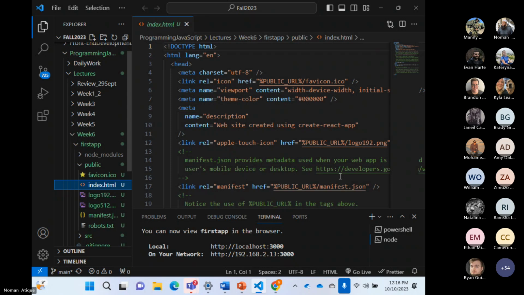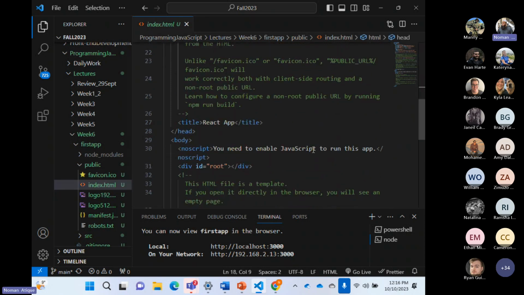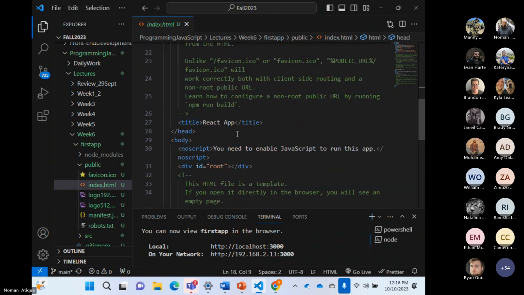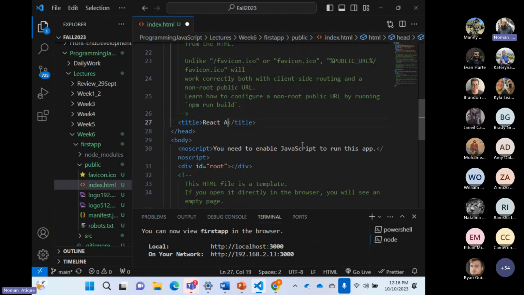Now, let's come back over here, and I would like to show you something. In this index.html, go to the title, which is at line number 27 for everyone. My first React application. Just change this title somehow.